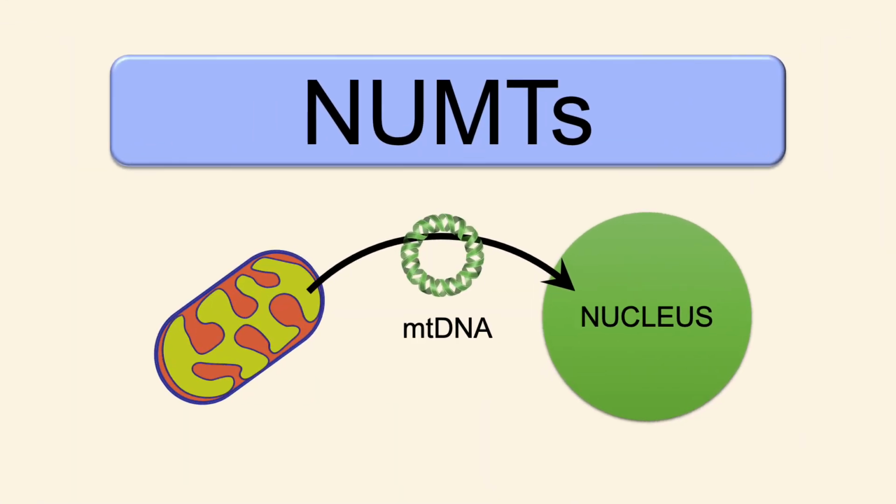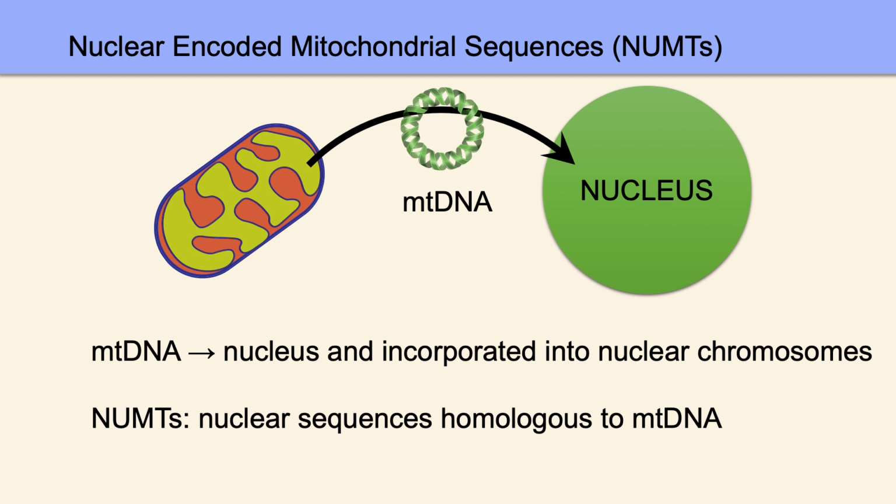Accurate heteroplasmy measurements are further complicated by the presence of NUMTs, and I want to spend a little bit of time telling you more about NUMTs. What are NUMTs? NUMTs stand for nuclear encoded mitochondrial sequences. And NUMTs arose when sequences of mitochondrial DNA transferred into the nuclear chromosomes and got incorporated there. So NUMTs are actually nuclear encoded sequences, but they're homologous to the mitochondrial DNA because they originated from the